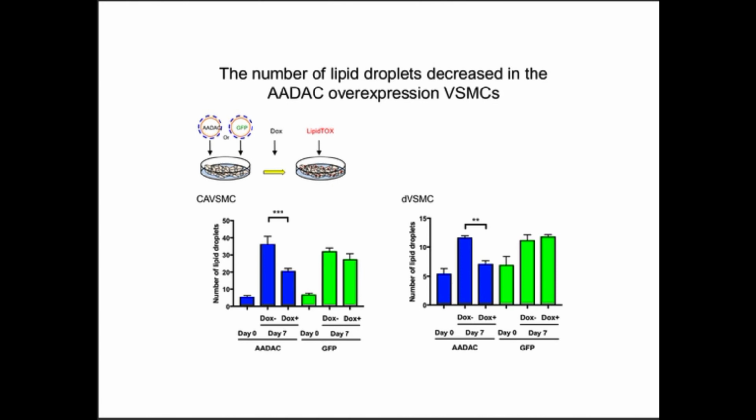What's the Kennedy pathway? Well, if I would have been around in 1968, that was the big discovery, how you use lipids to make phospholipids. It is a portion of a biosynthetic pathway that you can actually run either way. And it turns out that this enzyme is probably shifting the Kennedy pathway to catabolize storage lipids to create more phospholipids, which is actually beneficial in heart disease. And we see the changes in the numbers of lipid droplets.